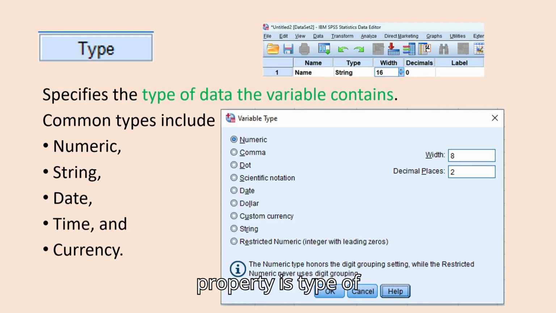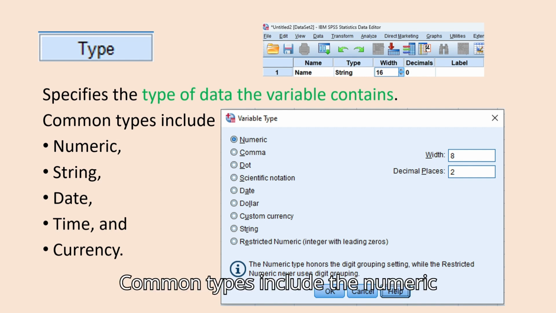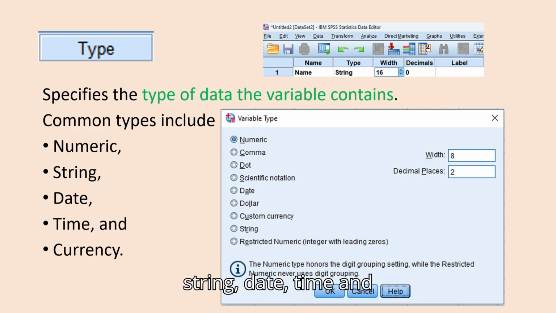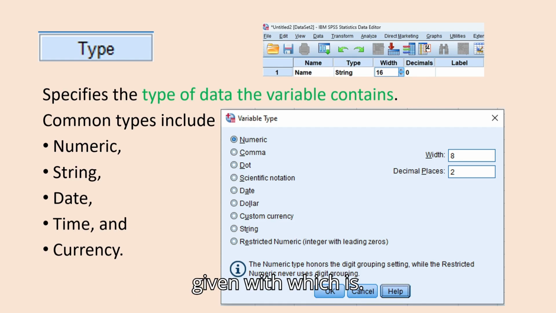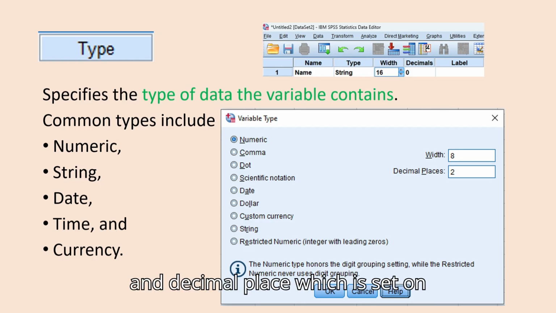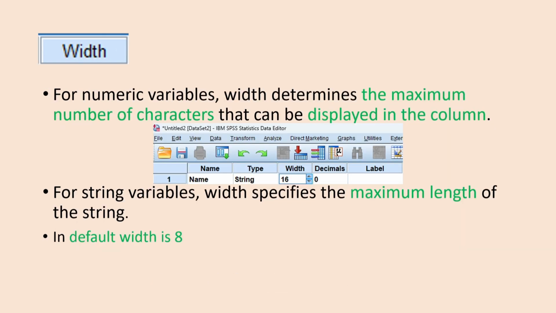The second property is the type of variable. It specifies the type of data the variable contains. Common types include numeric, string, date, time, and currency. The variable type window also gives width, which is set by default to 8, and decimal places, which is set by default to 2.